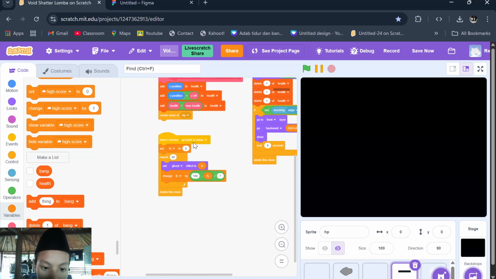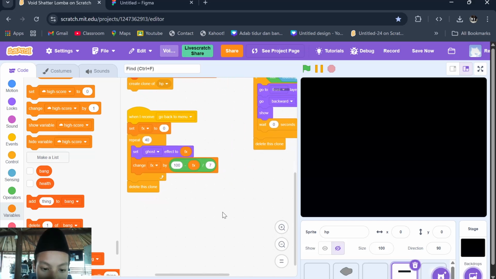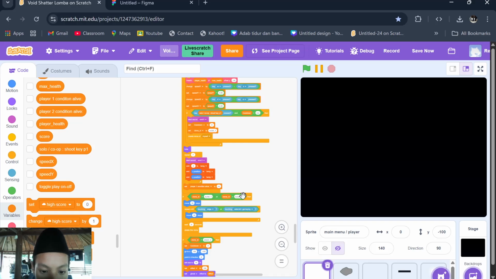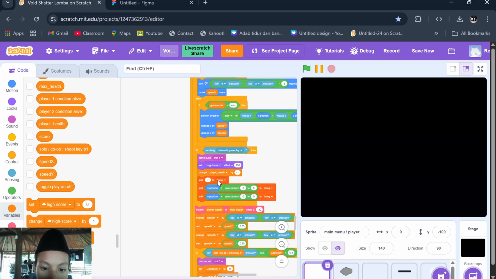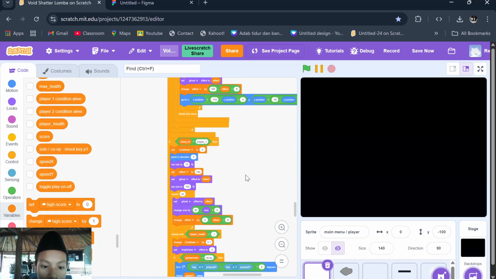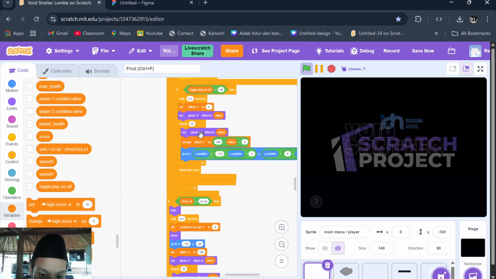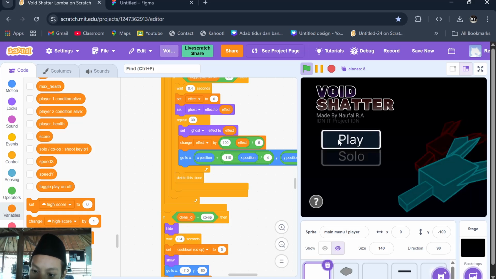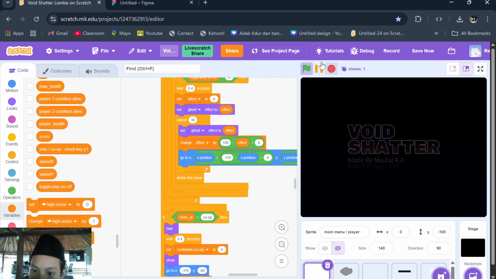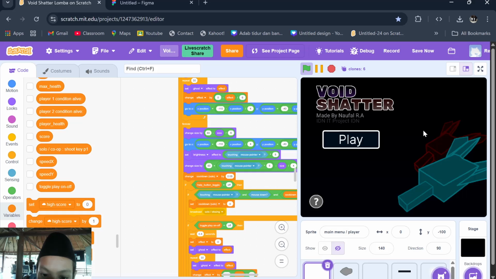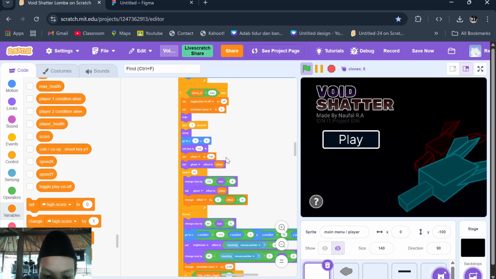Okay, and if you get back to the menu, it will delete this clone and anything like that. Now back to the main menu again. There are scripts like touching asteroid, which control the clones. This is for transition, like the ghost effect and more. This is for the play button. It will get bigger if you touch it with the mouse pointer, making a hovering effect.